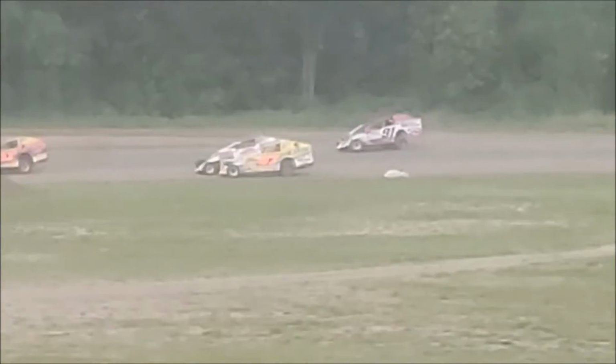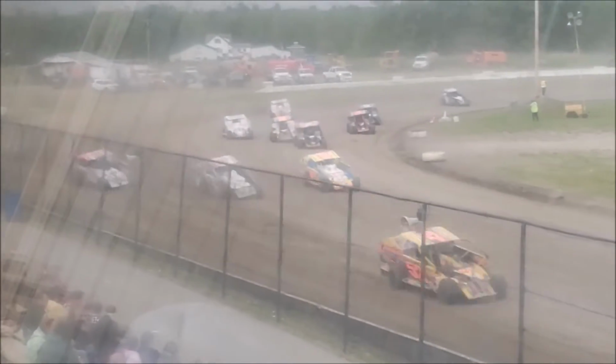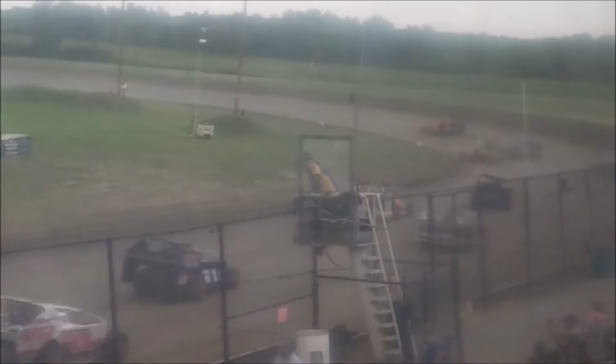Watch for Josh Riome. He's quick on the outside lane in that 91 ride. Working on Remington Ham for the 3 spot as it come across the line at lap number 1. It's Jessica Power in control. Ricky Thompson towards the back of the field. Got a little out of shape and lost a lot of ground to the field. He's got some ground to make up to get into the show here as Power leads the way down the